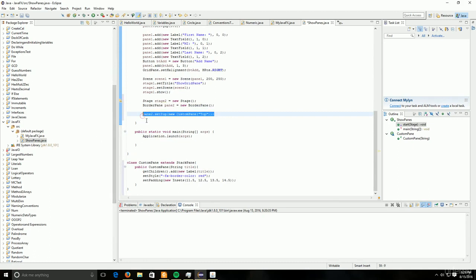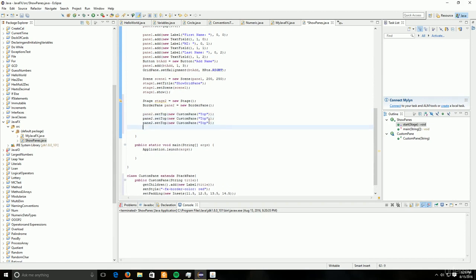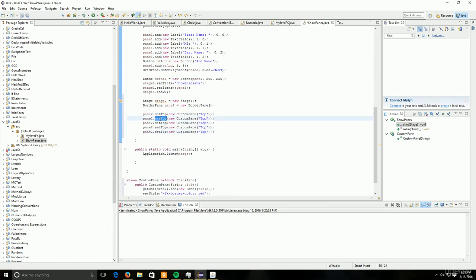Then we can actually copy paste this. It's going to be fairly similar for the remaining 4 regions. Instead of saying set top, we're going to say set right. Instead of saying set top, we're going to change this to set bottom. And this is going to be set left. And then finally, we're going to have set center, because those are our 5 regions. Then we'll change our titles so that they line up to right, bottom, left,